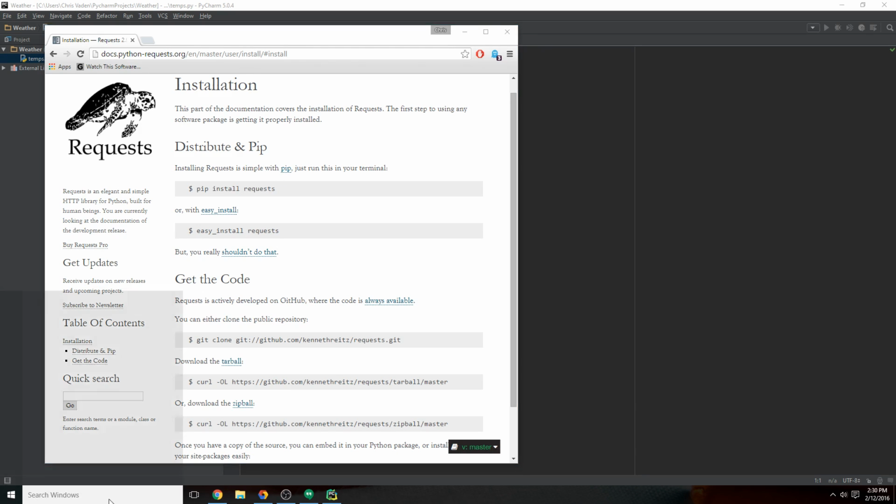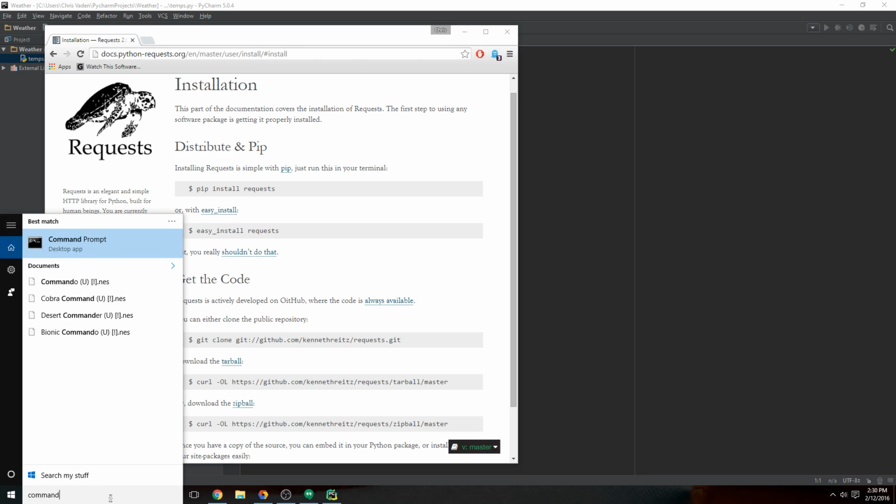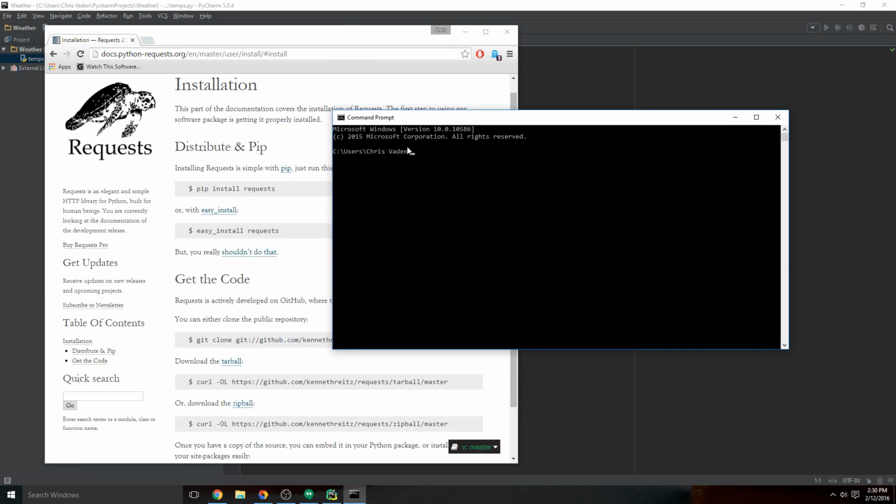So again, go down to run, type in command, and pip is a program that comes with Python that will allow you to install modules that other people have written so that you can use them in your own programs. And this is key because, again, we don't want to retype all of this. It would be way beyond the scope of what we're going to do. And again, this is just basic stuff. You're going to use pip to install all kinds of modules as you use Python more, and it's a pretty powerful tool. So if we just type pip install requests,